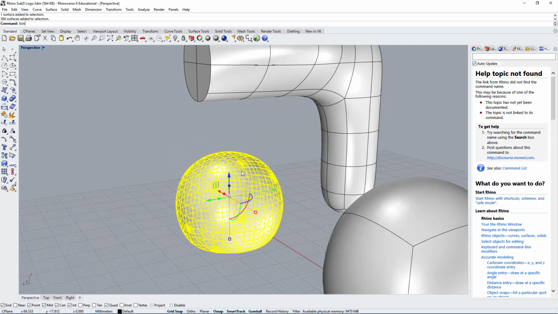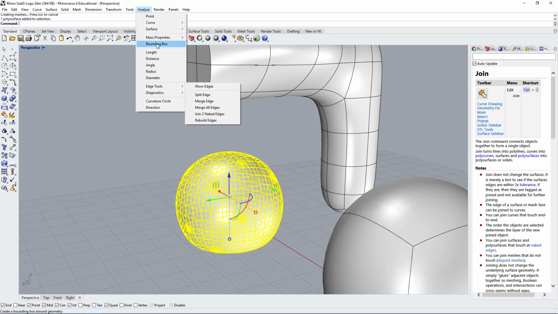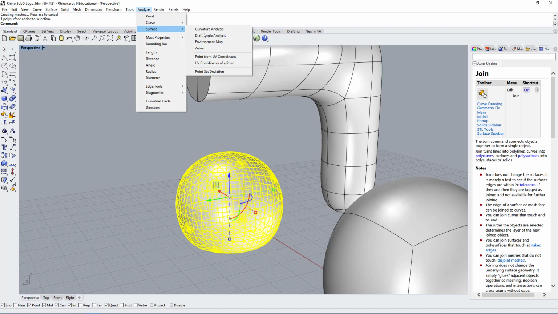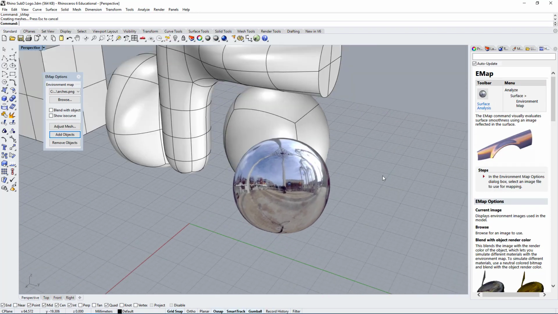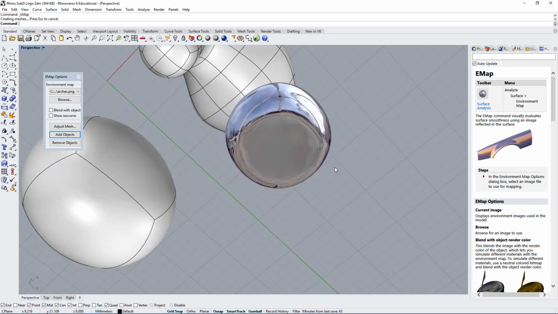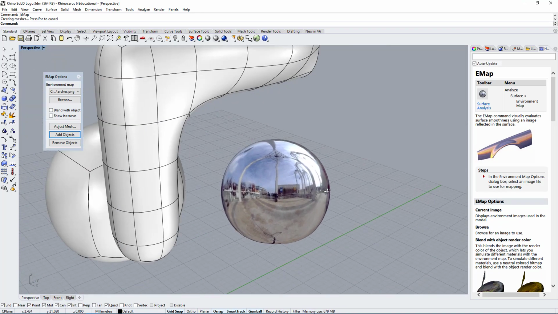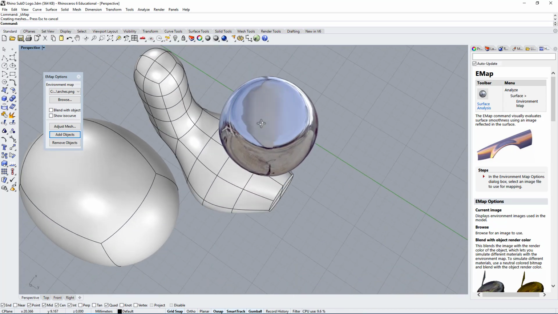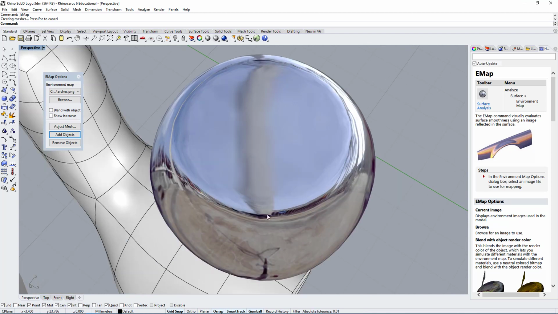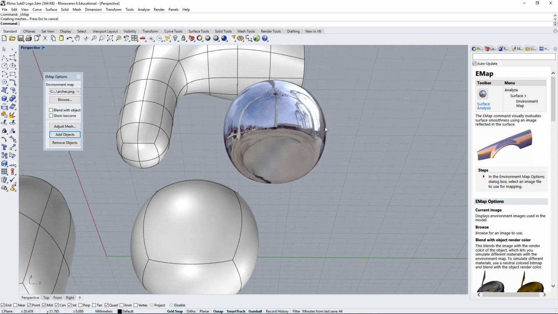Now if I join all of these NURBS surfaces together, now I can use these analyzing tools, so surface zebra or surface environment map. And here you can see you get very smooth results. So it is a very powerful command for creating very organic shapes. Now the downside to using this command is the lack of accuracy. This is not a perfect circle, so if you needed that to be a perfect circle, maybe this is not the right command, right?